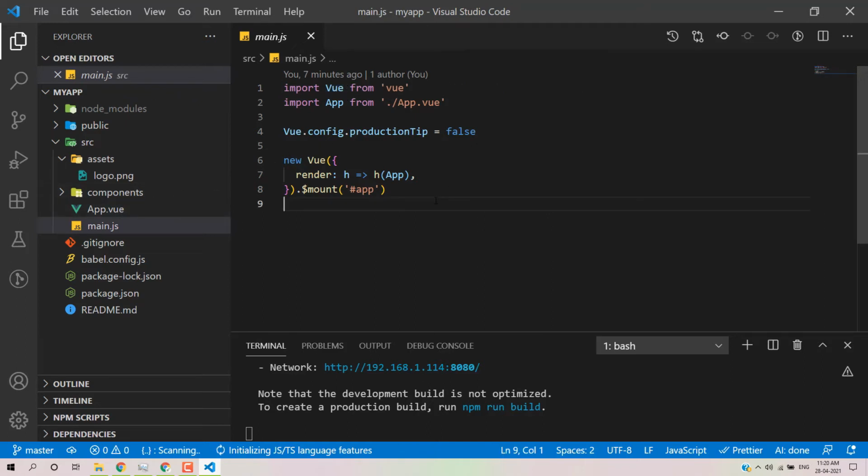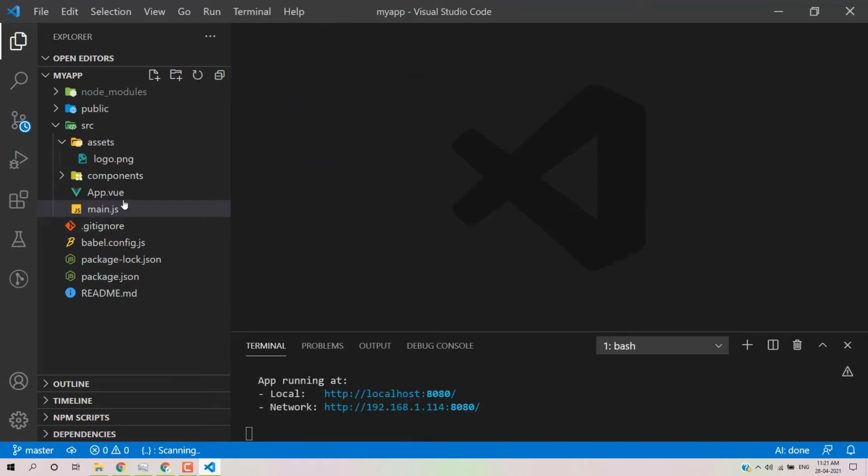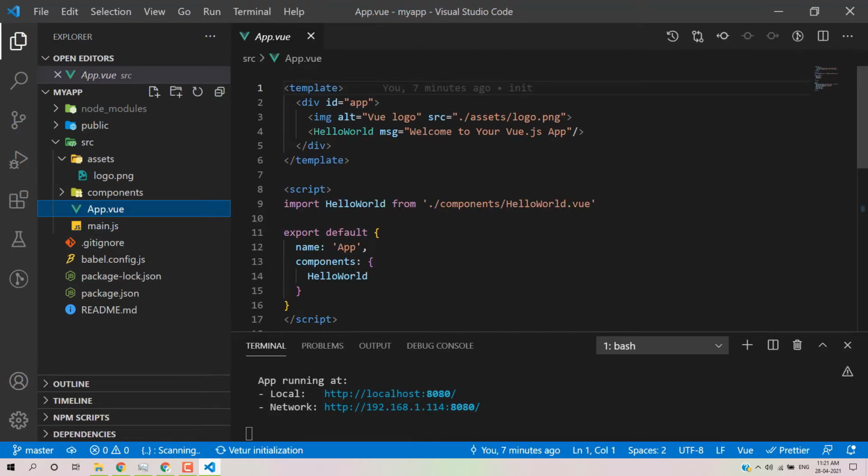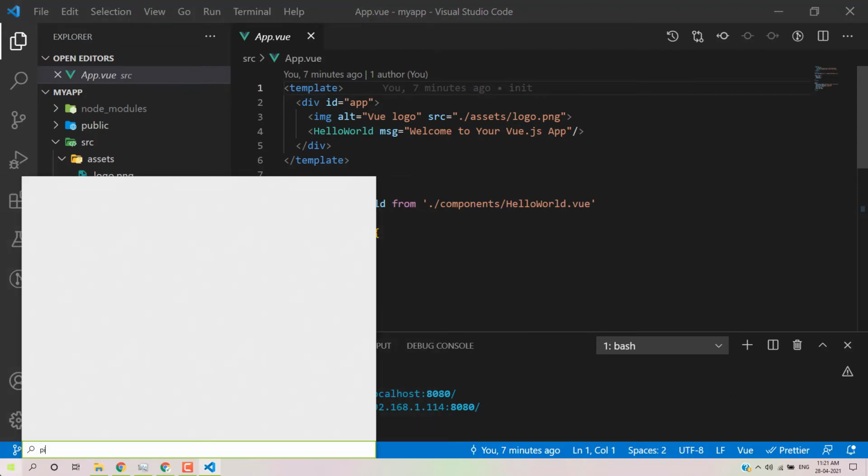And then we have the App.vue file, not js. This is the main component. I will explain what a component is. A component is a specific section of your website. Let's say this is a website, and there is a lot of HTML code.